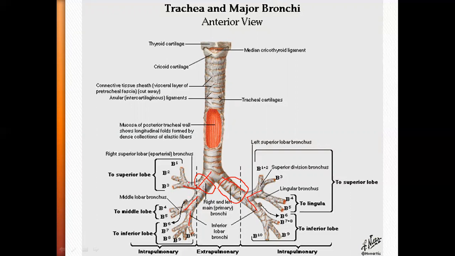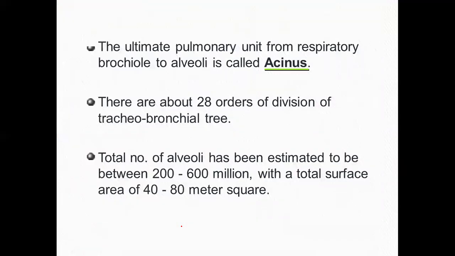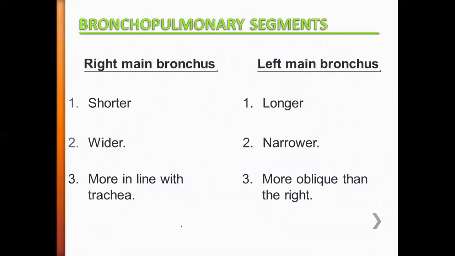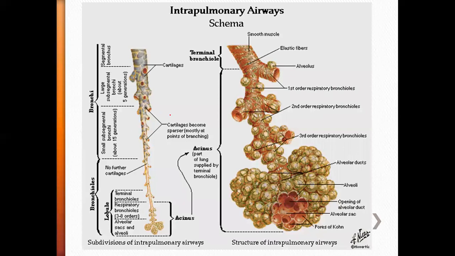Next, in this picture itself, all the segmental or tertiary bronchi are nicely seen. See, for each lobe, small branches are divided. So that is the important thing. After that, you know the story now. Now we are going to concentrate on the bronchopulmonary segments. But before that, I will show you the remaining bronchi also. So this is our end bronchus, the respiratory bronchus. See, it is becoming small, tiny.